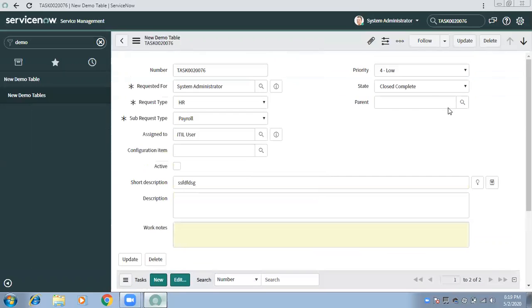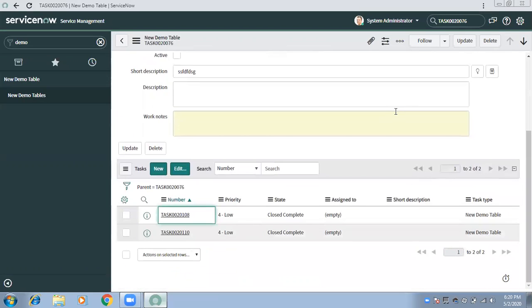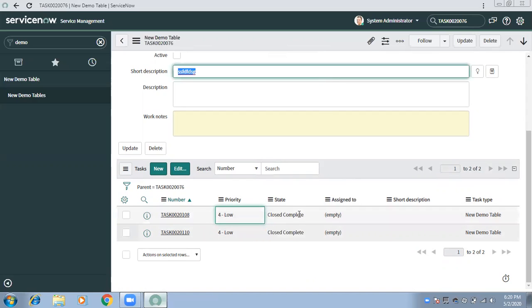See, I just updated 1, but ideally 3 records got updated. One is this parent. Physically I just updated 1, but through the backend it updated 3 records. How 3? 2 are these children, right? And the third is this one. The 2 are getting updated through the backend business rule. Now, for the system, whether you update through a business rule or manually, it's an update to this record as well and this record as well.